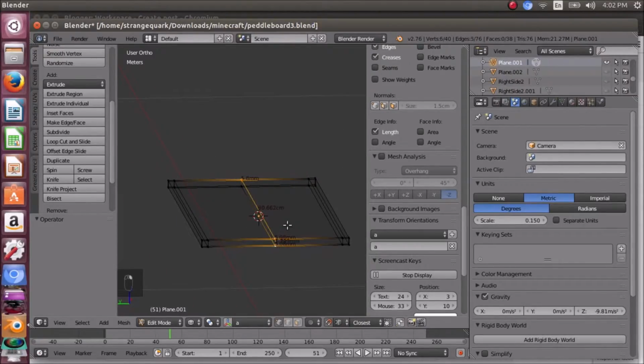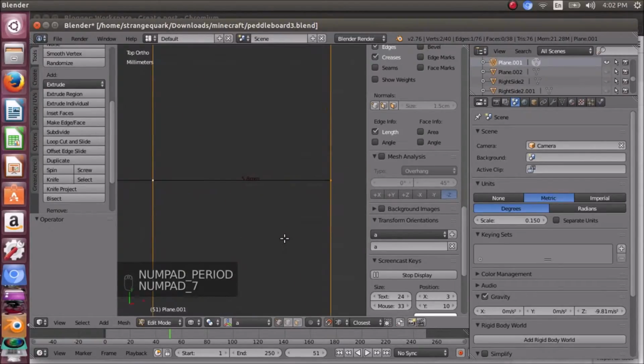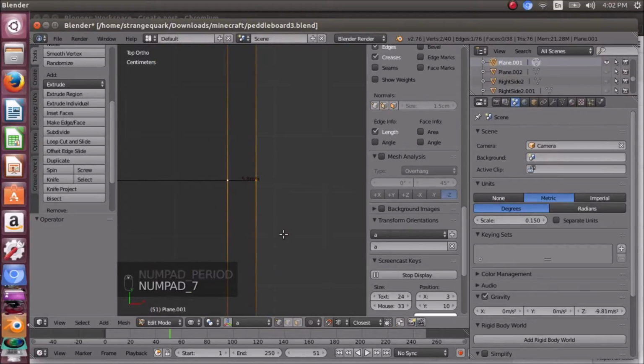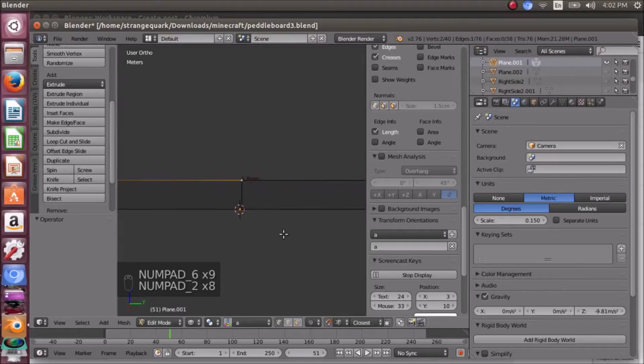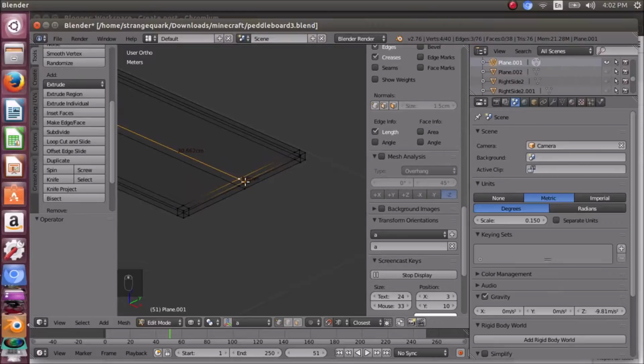So the easiest way sometimes to do this is to change the view, and then we'll go into box select with the B, and I just change the perspective view so that I have the ZY plane showing. So that selects the two sets. So we want to extrude that on the Y by approximately 5.08